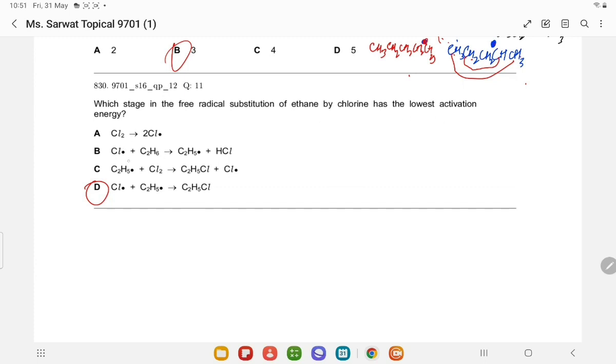Cl2 to form 2Cl radical, Cl radical to form C2H6. Chlorine when it becomes a radical has the lowest activation energy, because radicals are very reactive species, so that's why it is